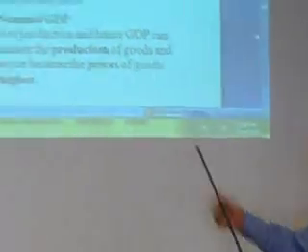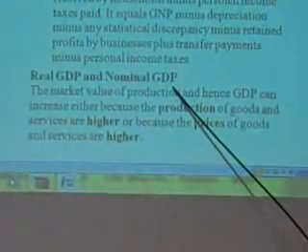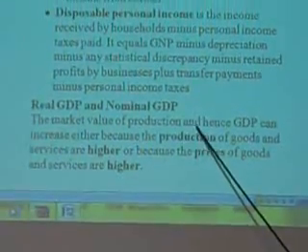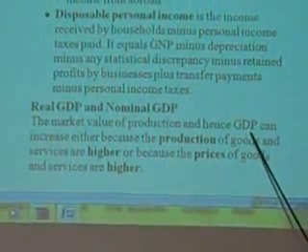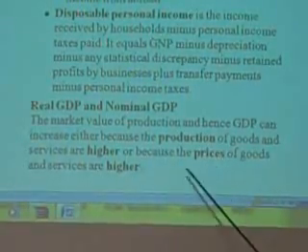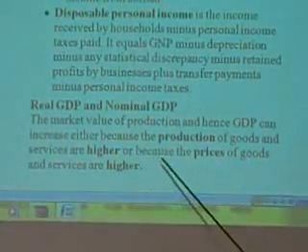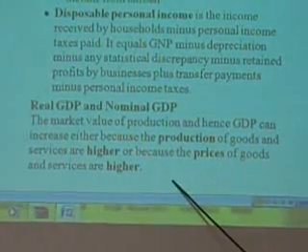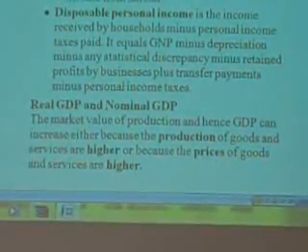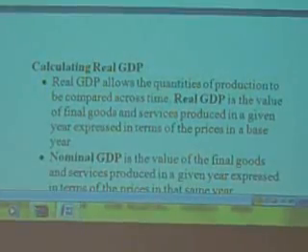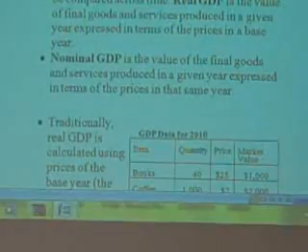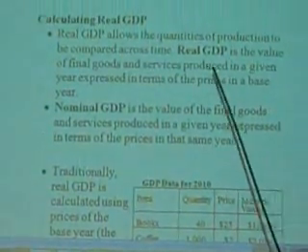Last section of this, I'll go over real GDP versus nominal GDP. The market value of production, and hence GDP, can increase either because the production of goods and services is higher or because the prices of goods and services are higher. That is, the prices go up and the production goes up typically each year. So you have to calculate the real GDP at some point, and it allows the quantities of production to be compared